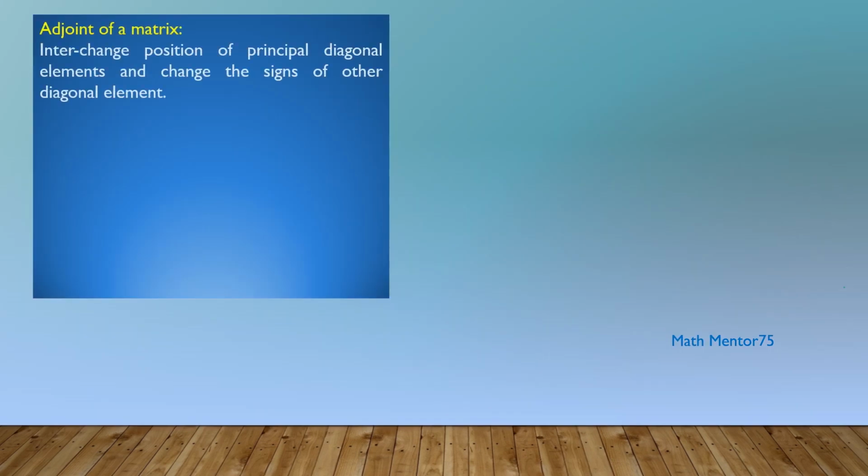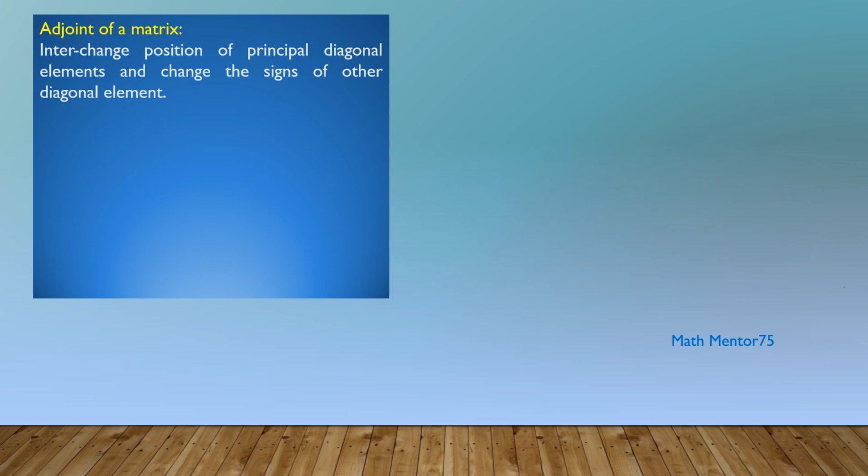Now the next concept is adjoint of a matrix. Adjoint of a matrix is another matrix. We obtain it with the help of the given original matrix. How we can do that? The process is we interchange the positions of the elements in the principal diagonal, and we change the signs of